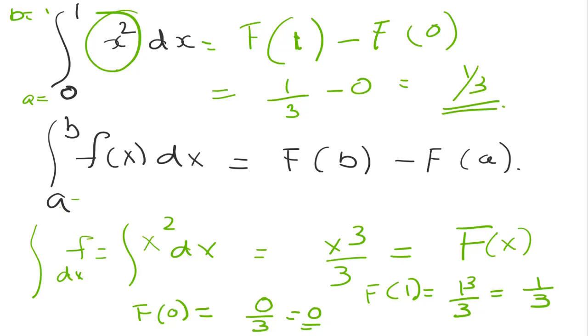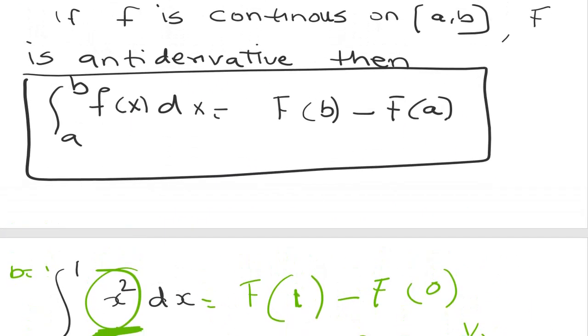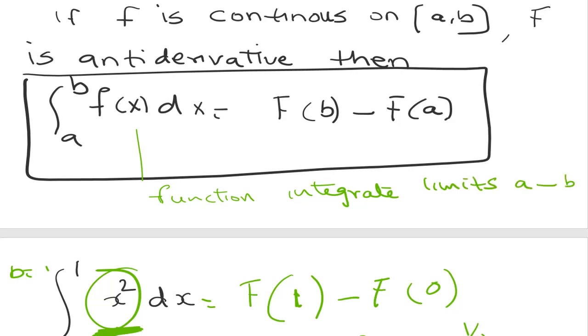So the fundamental theorem states that if a function is given, integrate this function and then give the limits. The integral from a to b of f of x dx is capital F of b minus F of a. That means take this function, integrate it, and give the limits which are given in the question. Then subtract.